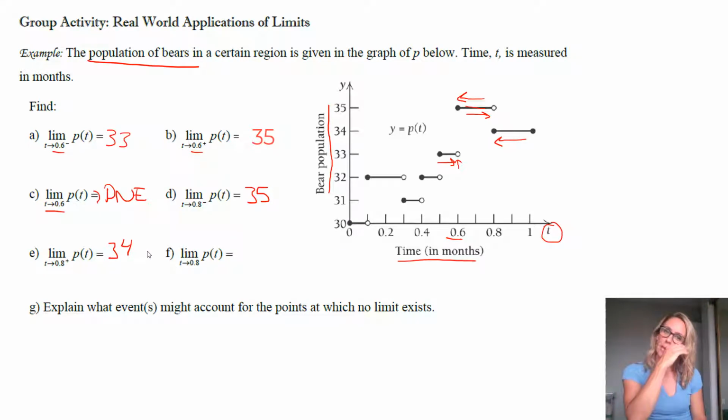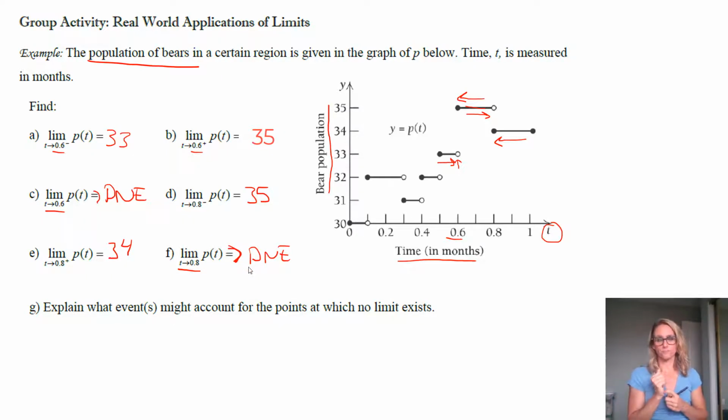So notice that as time is passing, there is a change in the number of bears. Similarly, looking at the limit as t approaches 0.8, there's a problem because those are not equal. One's 35 and one's 34 coming in from each side. So we have another does not exist. I typically put a kind of arrow thing, because it's not equal to does not exist, it just